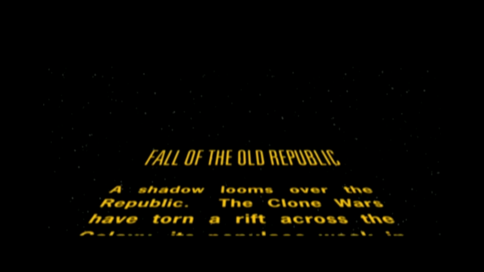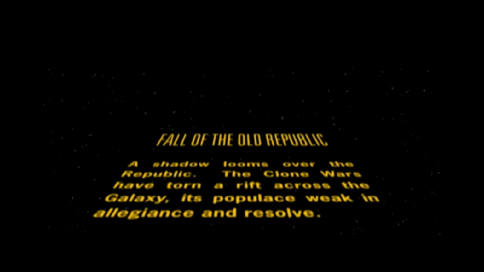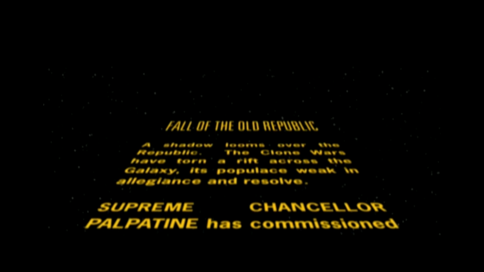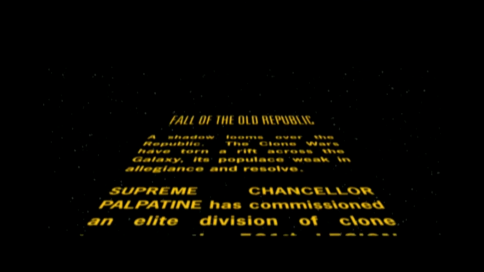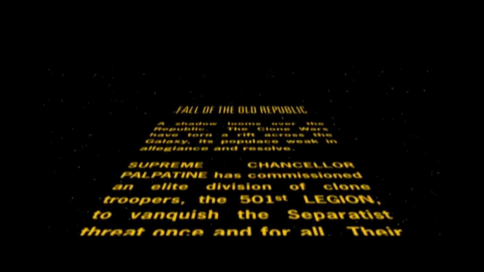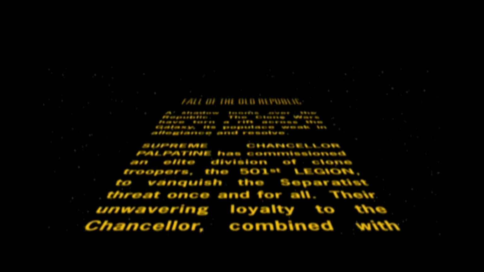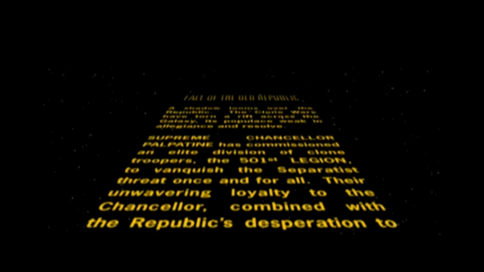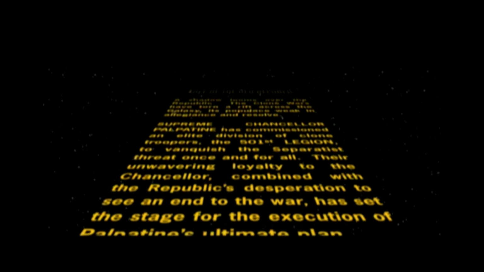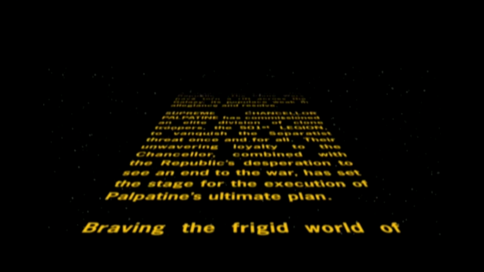So, the fall of the Old Republic. A shadow looms over the Republic. The Clone Wars have torn a rift across the galaxy. Its populace weak in allegiance and resolve. Supreme Chancellor Palpatine has, that's the bad guy, that's Grand Admiral Ackbar. That's not the right name. No, what's his name? Darth Sidious, there we go. Supreme Chancellor Palpatine has commissioned an elite division of clone troopers called the 501st Legion, to vanquish the uprising,